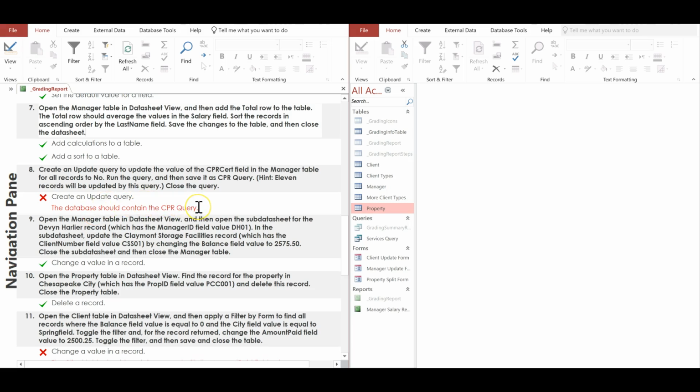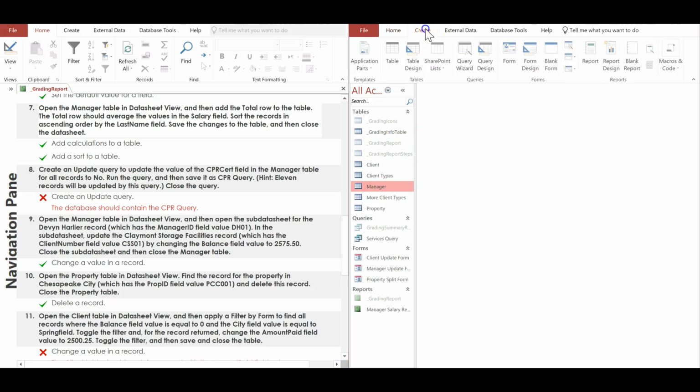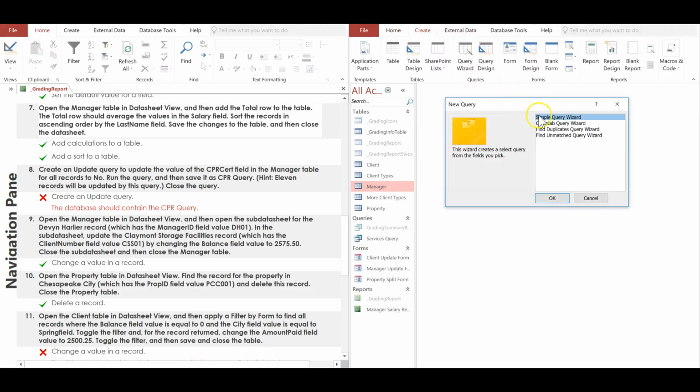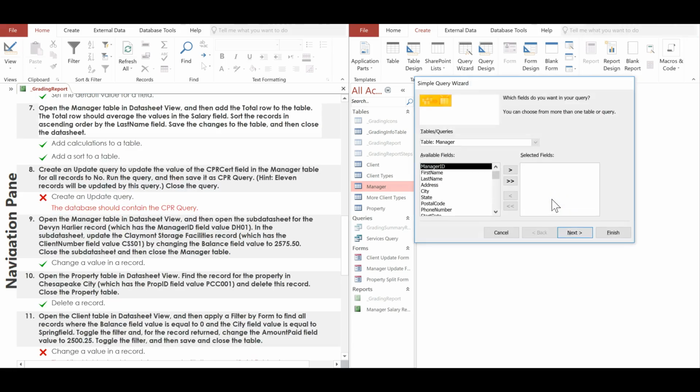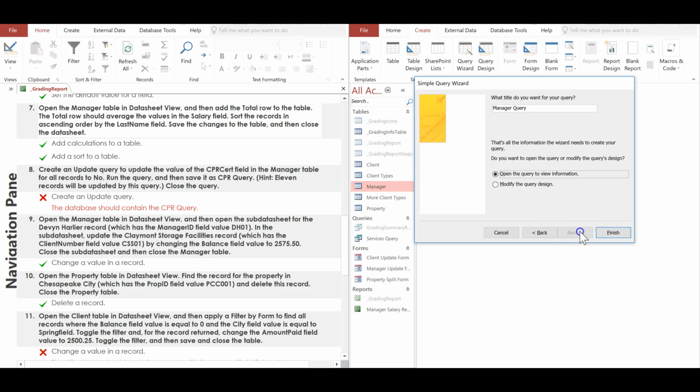Number 8, there's no CPR query, so they wanted you to create a CPR update query on the CPR cert field in the manager table. So click on the manager table, create query wizard. It's just a simple wizard. And the field we wanted to update was the CPR cert, the last one. So that's the only one you need to move over. Click next. And we want to name it